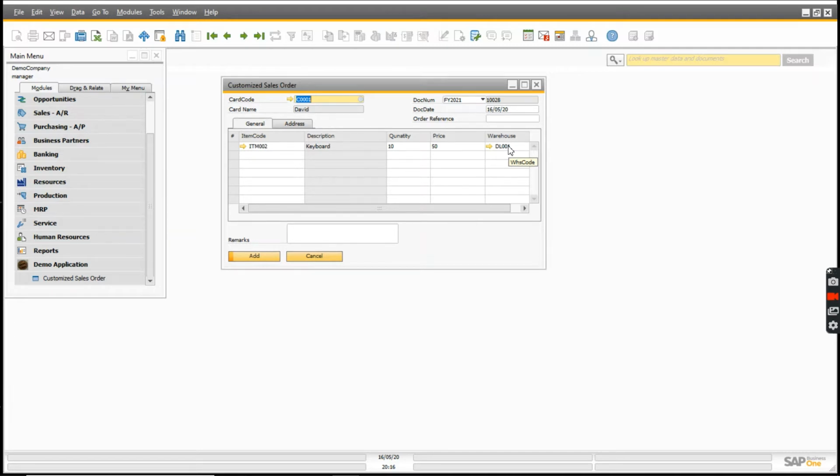We will see after adding the validation, because in our validations it will add a new row after selection of warehouse. So let me move to the code and show you what I have done.